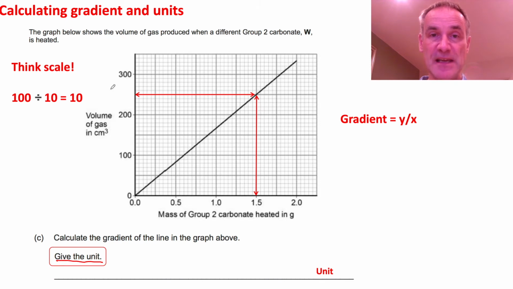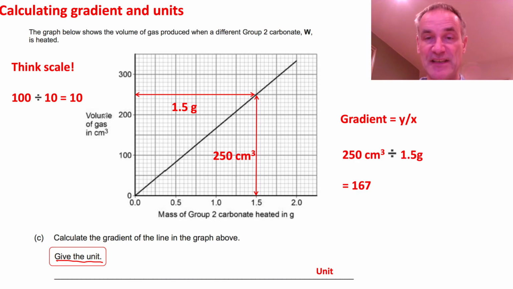And now my change in y, my change in volume, is 250 and my change in mass is 1.5. Notice I could have done it for this line or any of those lines like this, but this one is along bold lines, which makes reading the answers easy. So the gradient is y over x, that's 250 divided by 1.5, so the answer is 167,